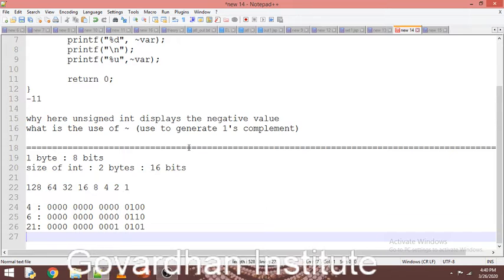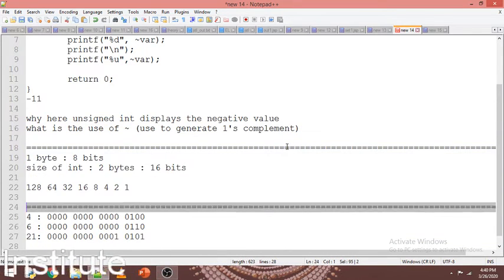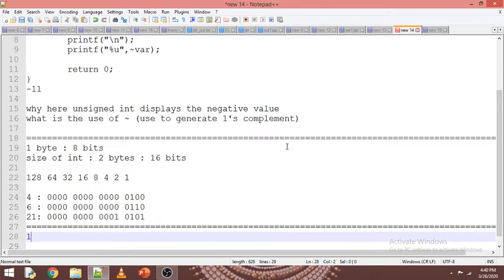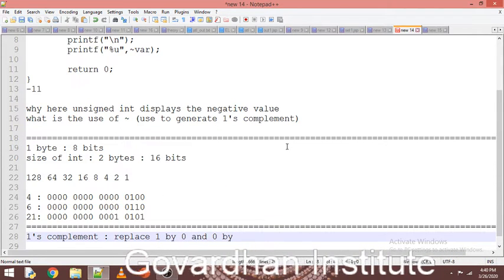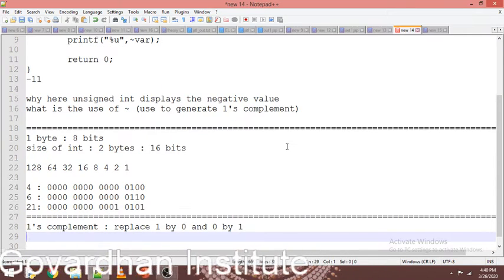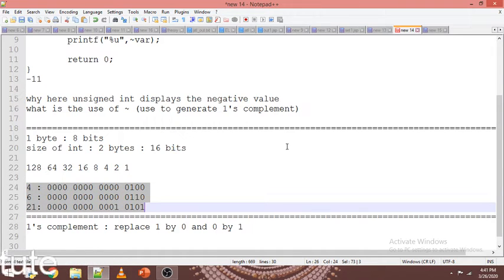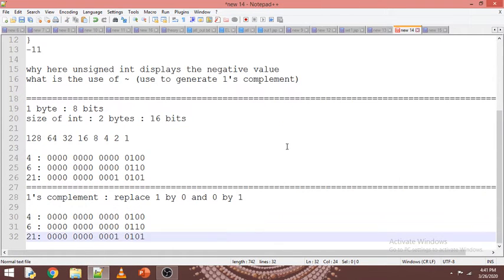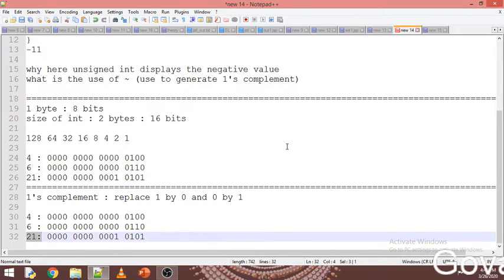Now what is my next requirement? I want to find the ones complement. So what is ones complement? Yes guys, I think all of you are familiar with this also. Ones complement means replace 1 by 0 and 0 by 1. Is it clear? So if I want to find the ones complement of 4, of 6, of 21,